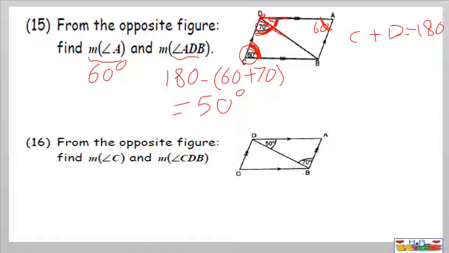Question number 16. From the opposite figure find measure angle C and measure angle CDB. طيب عشان اعرف اجيب انجل سي لازم اكون عارف انجل ايه كمان يا مستر. اقول له شايف التراينجل الحلو الجميل دوت؟ قال لي اه. قال لو الانجل دي 50 ديجري وديت 70 يبقى يا ترى انجل ايه هتكون بكام؟ قال لي مستر محمد قال